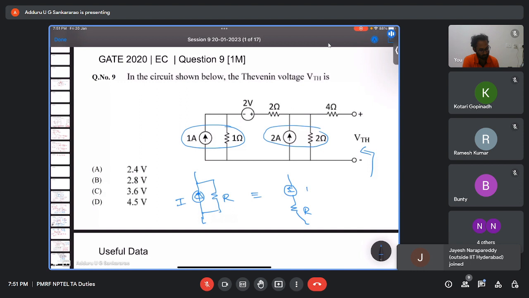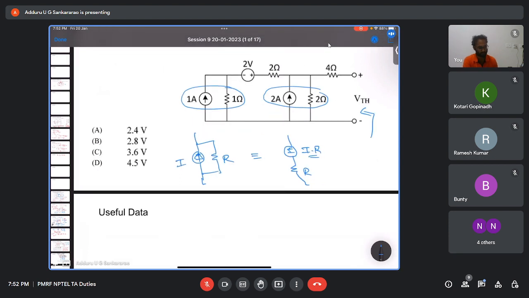The equivalent voltage source is I into R. That source transformation only I will apply here. So you take this, plus minus 1 volt and 1 ohm,